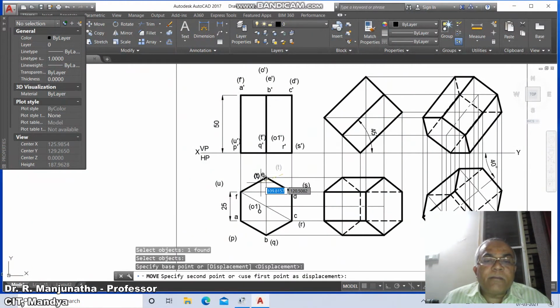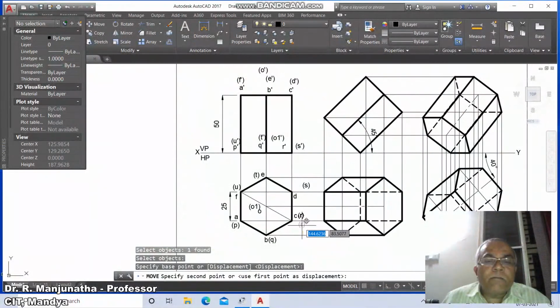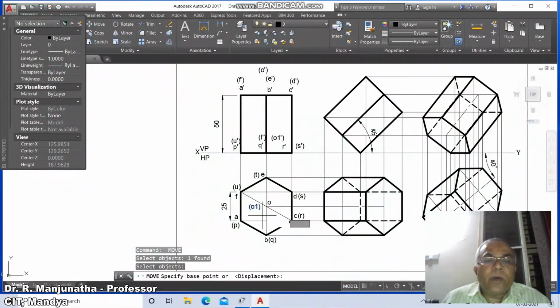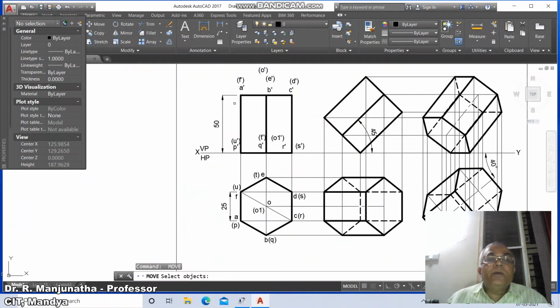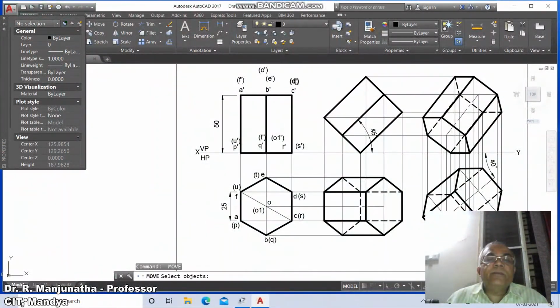Then you take P, then U, then P, then Q, then R, then S, then O, then O1, then A dash, then B dash, then C dash, then